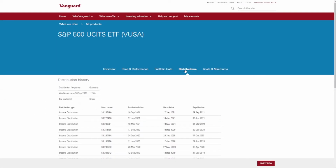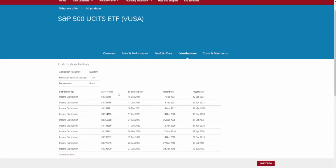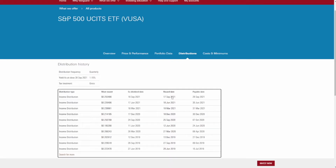So let's quickly go to the distribution section, because right here we can see what dividend has actually been paid out already by Vanguard for this S&P 500 ETF. We see here the income distributions. The most recent one was on the 16th of September. That was the ex-dividend date. Then we see the record date. By this date at the latest, the 17th of September 2021, you needed to have the shares in your portfolio in order to be eligible to get the dividends paid out. And then on the 29th of September, everyone who's got a share of